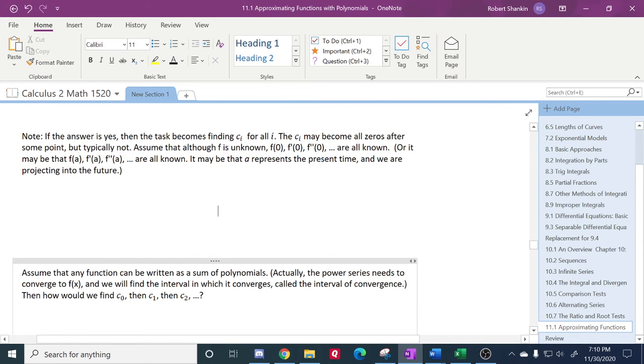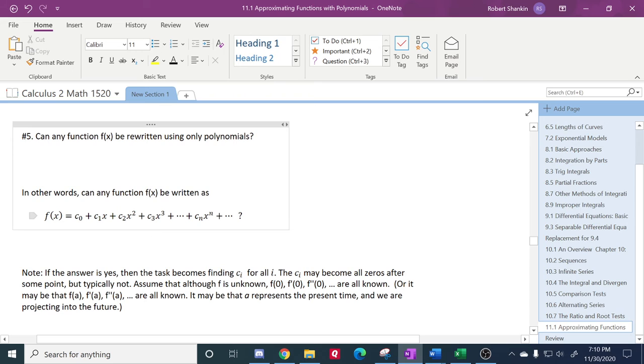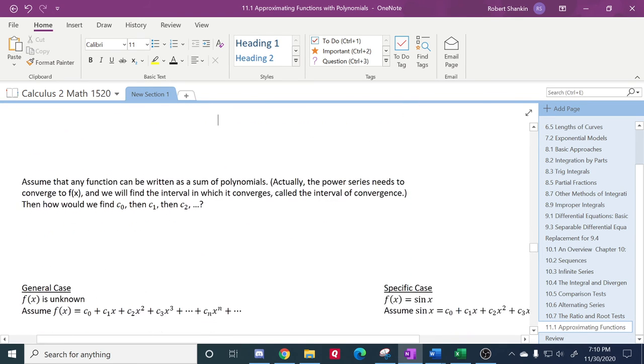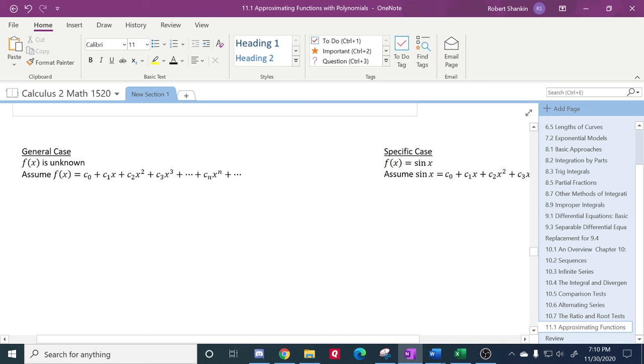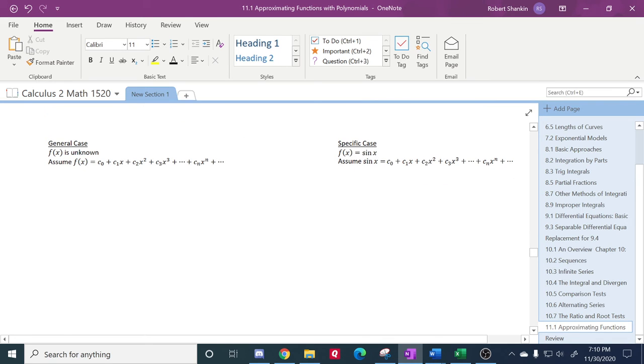Then how would we find C0, C1, then C2? How do you find all those coefficients? Because if you can rewrite any function like this, then all you've got to do is find the coefficients. All right. So what I'm going to do is do this twice. I'm going to do it for the general case. Suppose the function f of x is unknown,